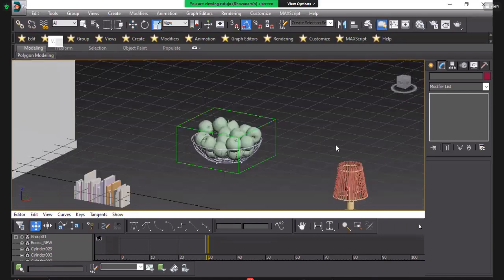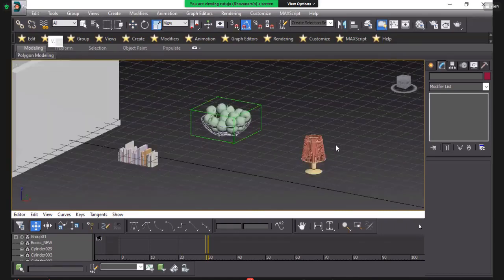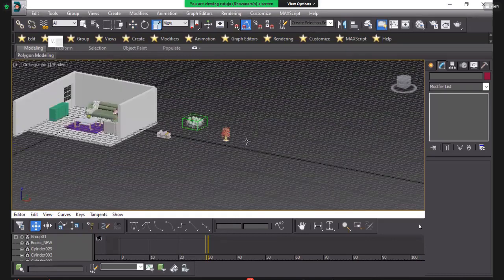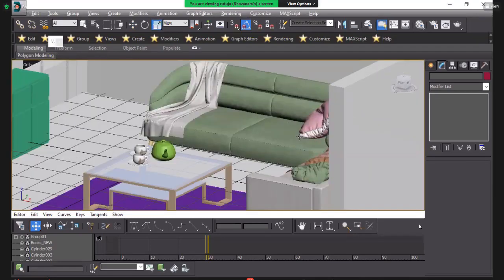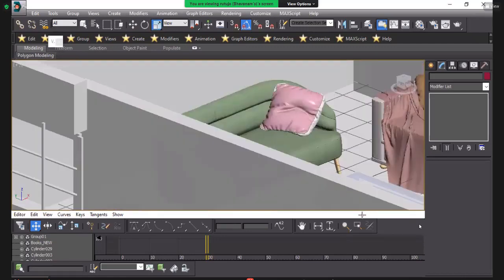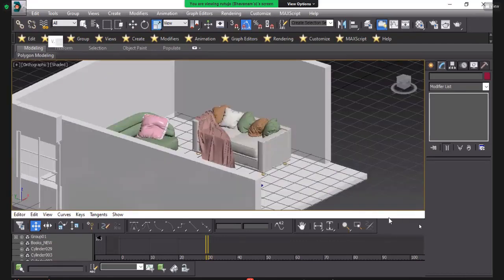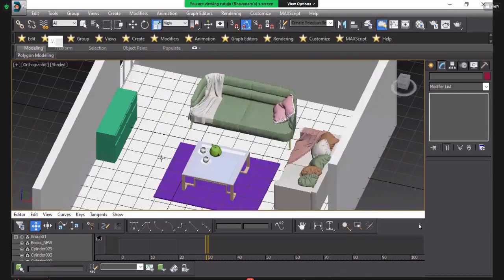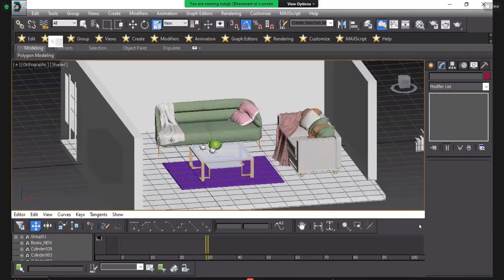So each and every object we download from the internet, you need to color it. You need to use the proper color and apply the material which you want here. If you see there, the sofa and this sofa have another color here. Okay, but you don't need that here. So that's why you need to change this color and change the material of each and every object.